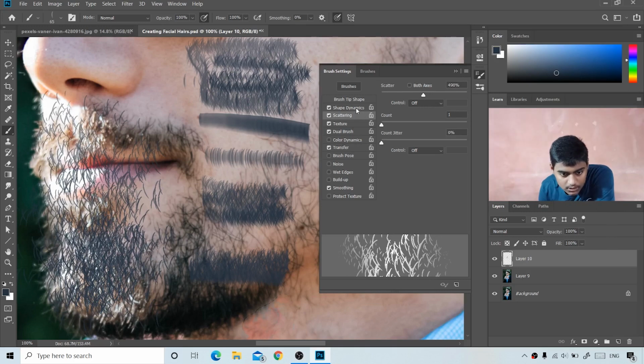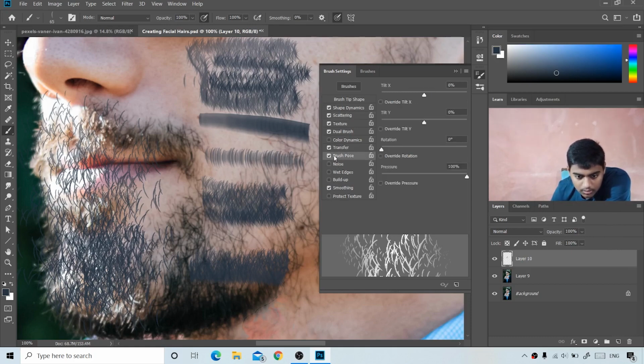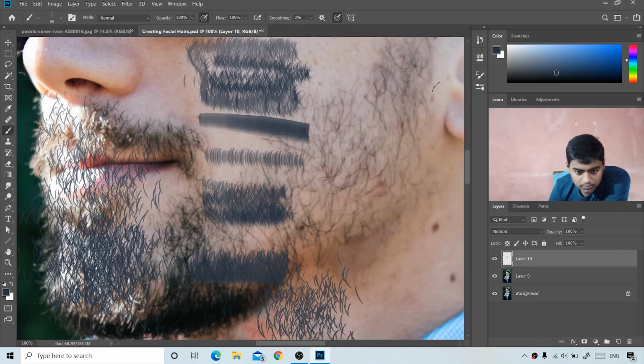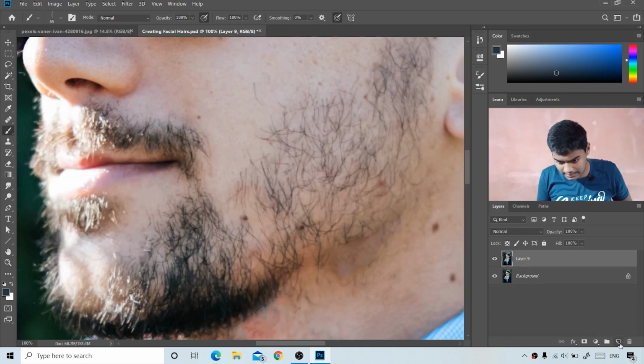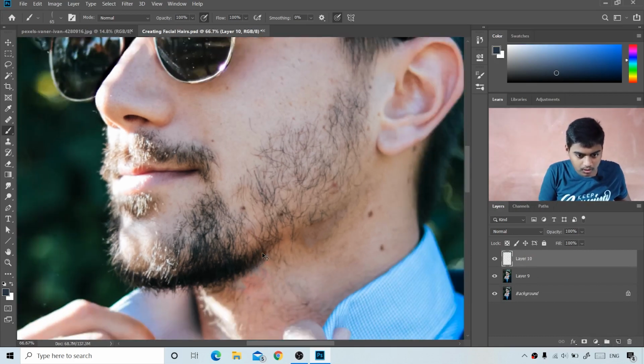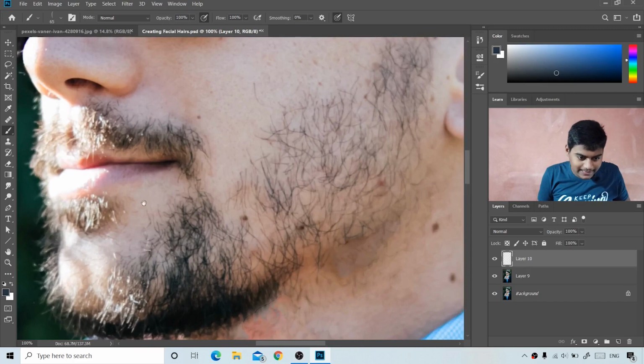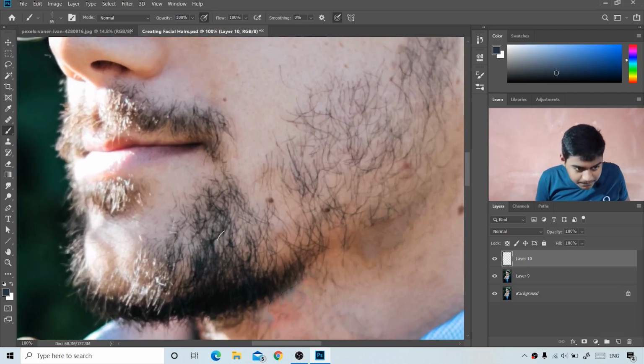Okay, so what we are doing is we are editing our brush, or changing the settings of our brush for these mustaches, or painting these mustaches, or making our stroke similar to the mustaches. So now as we are done with our brush settings, let's delete this layer and again create a new layer, and now we will draw